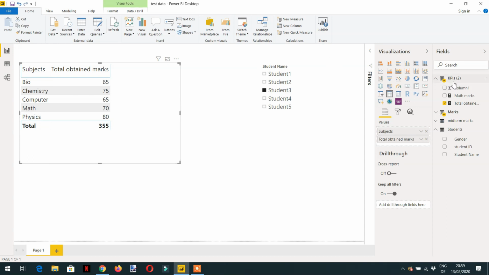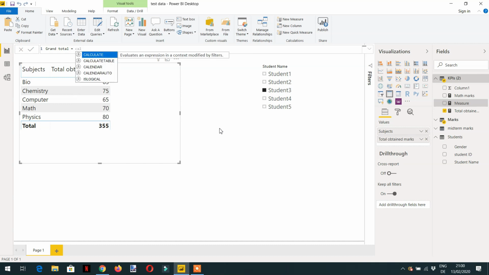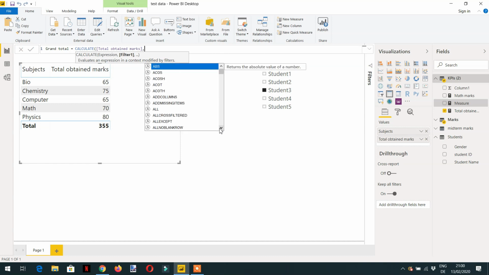Let's create one measure, Grand Total. We'll use CALCULATE. The first parameter will be the expression, and we can use Total Obtained Marks. Now we need to ignore the filter context that is coming from the subject. So we will use the function ALL,